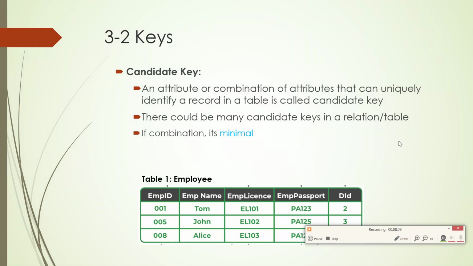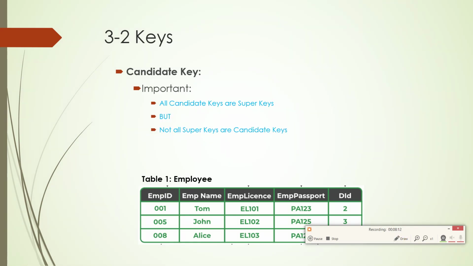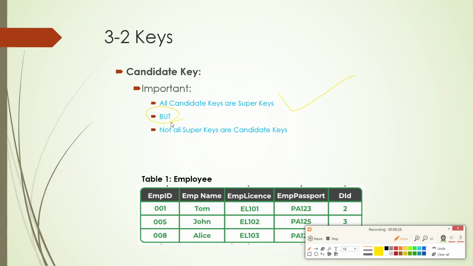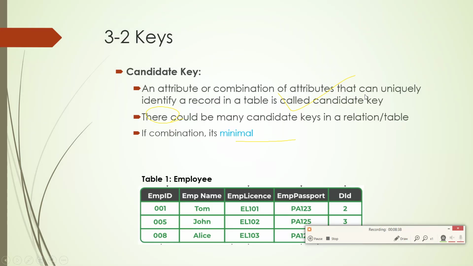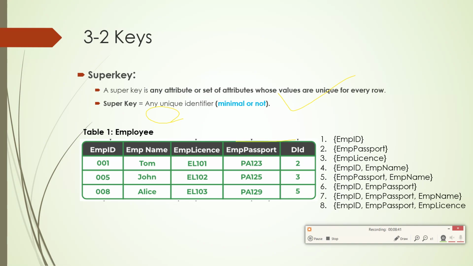Now let's see that from this we can conclude one thing: all candidate keys are super keys. All the candidate keys are super keys, but not all super keys are candidate keys. Why? Because if you see from here, all these keys were the super keys. So in these super keys, if I take this example,